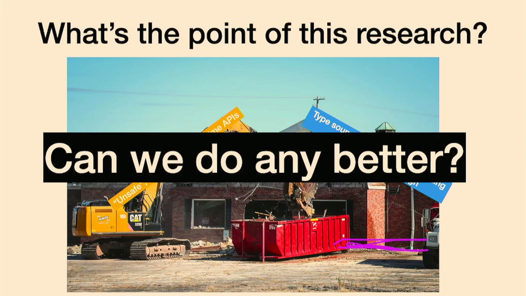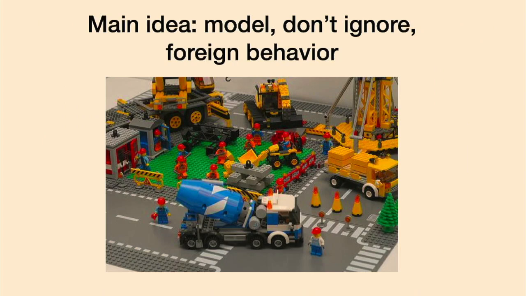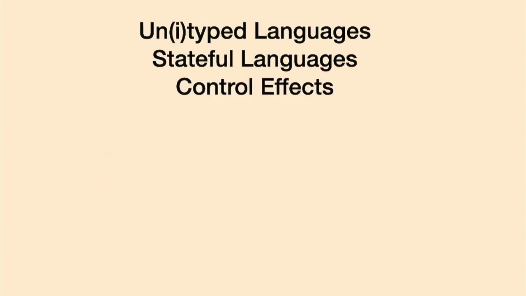So the main idea, which is not that clever, it's sort of obvious, is we should model this behavior. We shouldn't ignore it, right? We should say, if we're going to bring in code from C, if we're going to bring in low-level memory manipulation, if that's important, we should actually model this. We shouldn't just pretend it doesn't exist when we actually are proving things. And it's not that people haven't been doing that. People have been studying untyped languages. People have been studying effects, state, control effects, all sorts of stuff, basically as long as we've been studying any of this stuff. This is very well understood